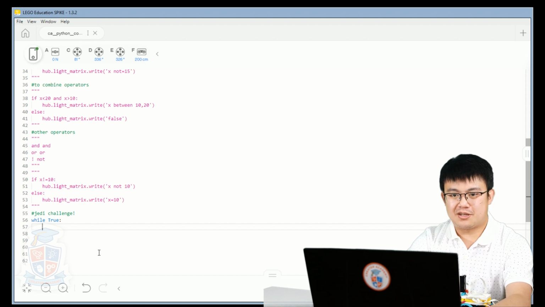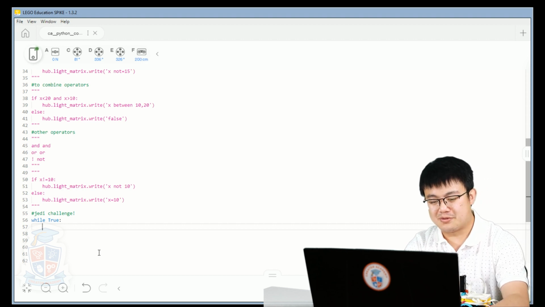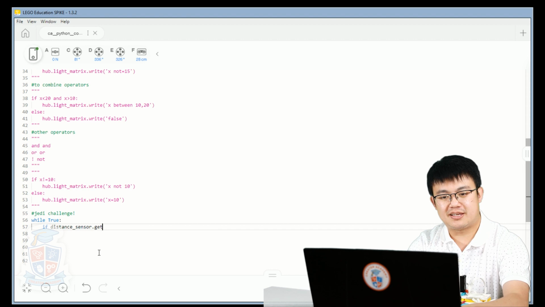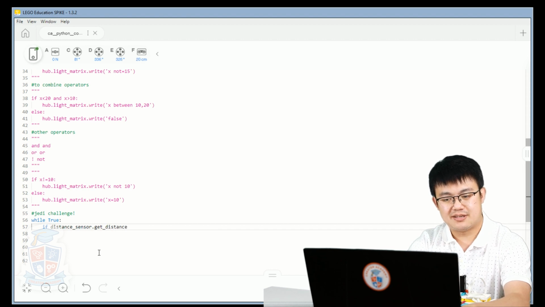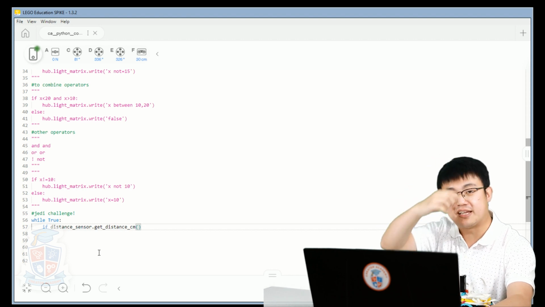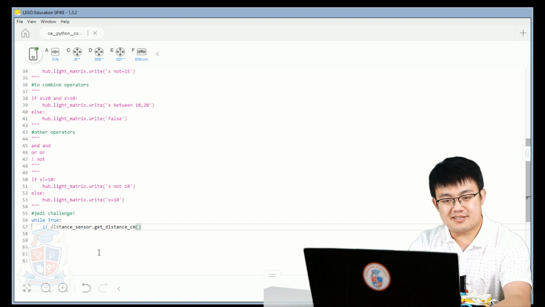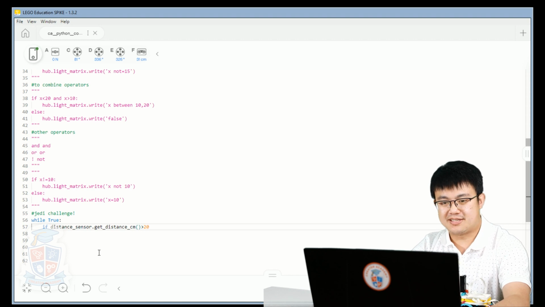While true, what are we going to check? Well, we'll check if distance sensor dot get distance centimeters, open close bracket, because this is a function that gets the distance that's in front of the sensor in centimeters. If the distance is more than 20 centimeters, then colon,